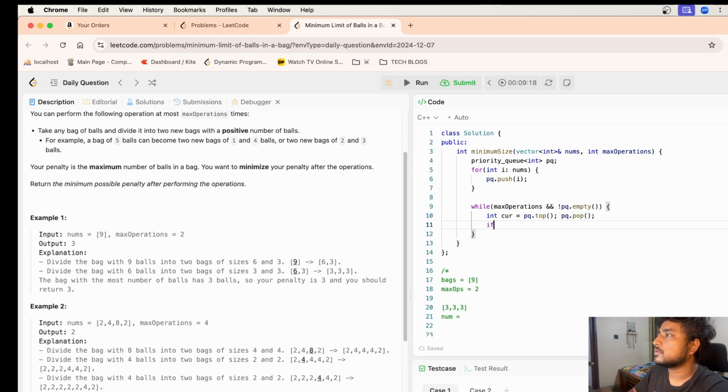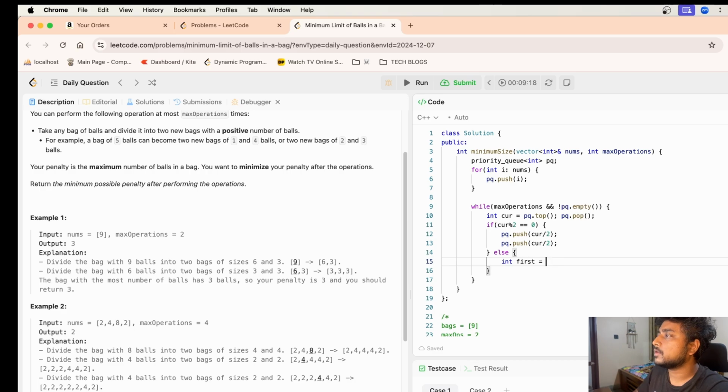Right? So if current mod 2 is equal to 0, meaning it is an even element, I push current by 2 two times, and else we can push current by 2.